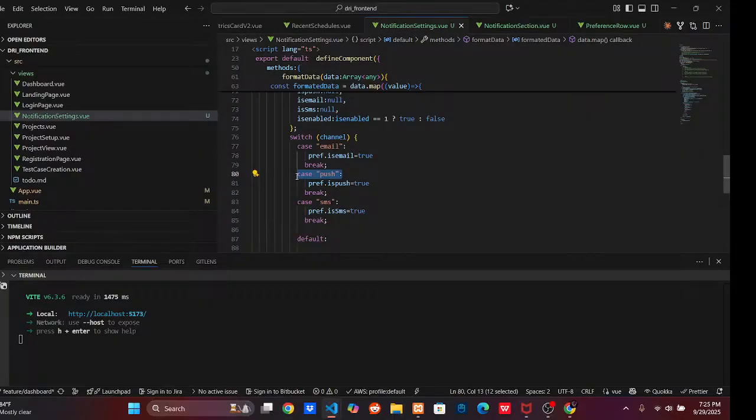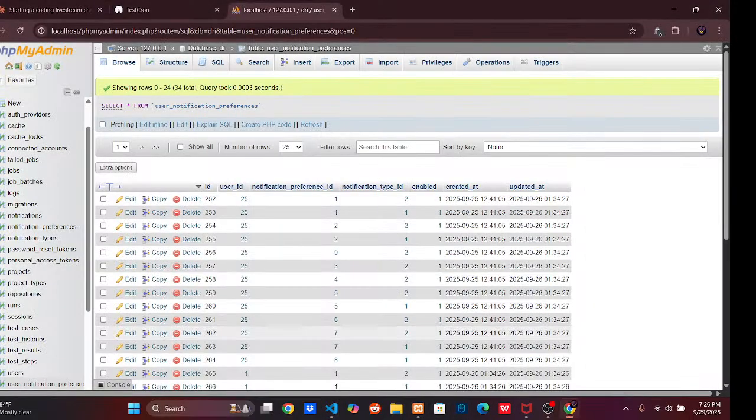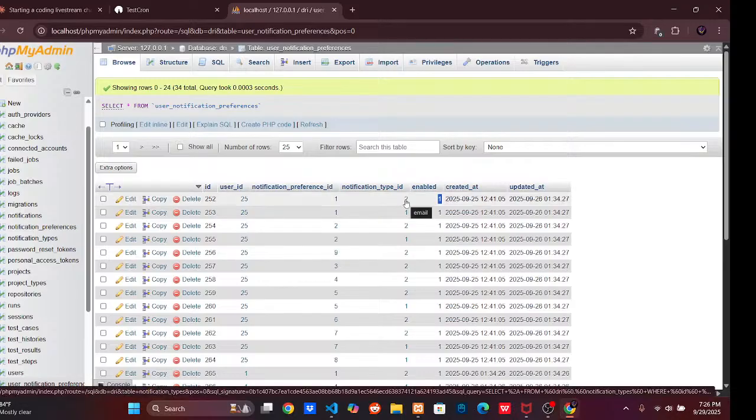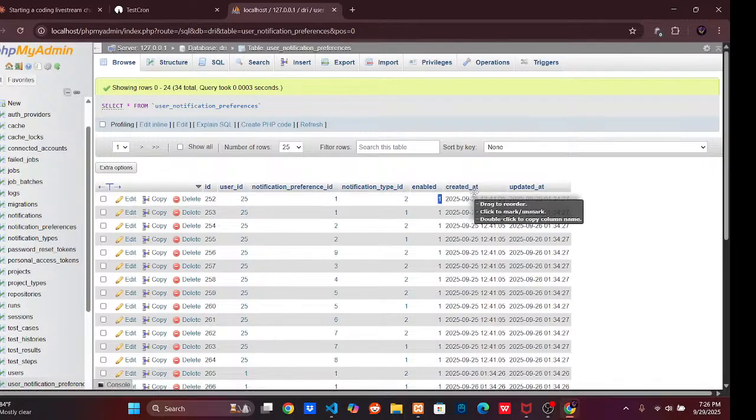Wait, wait, wait. This is, oh, I see why I did that. So it's true that we don't need is enabled. Alright, here's why I'm thinking like this. I think this is poor design. Alright, so the reason I'm thinking like this is because